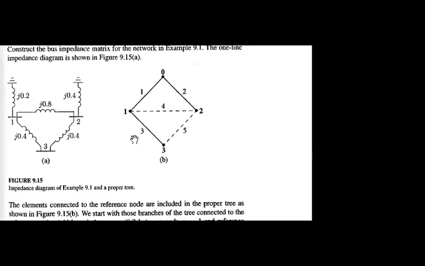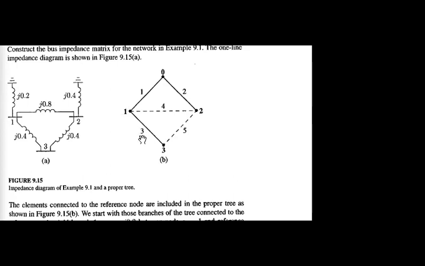Rule 1. When the branch paths are connected to ground or 0 or reference, we have to apply rule 1. When we consider branch path 3, it is connected between 1 and 3. Here you cannot find the connection with the 0 or ground or reference. That's why the third branch